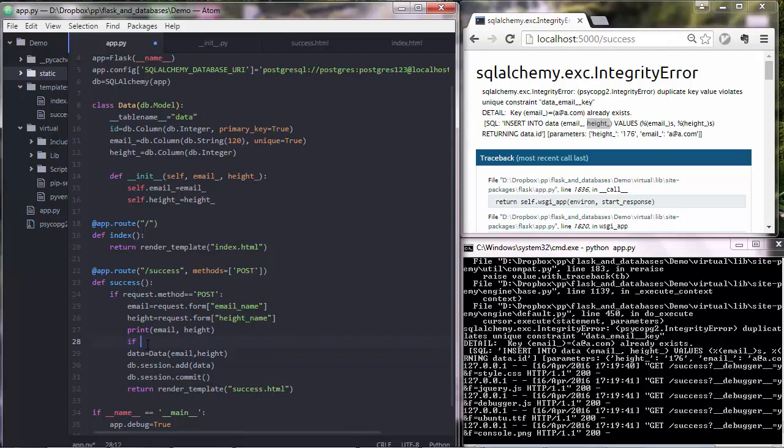So we need an if there, and then everything goes underneath. That would be something like, query the database table, and send the email address to the database table, and check if there is something like that email in the email column